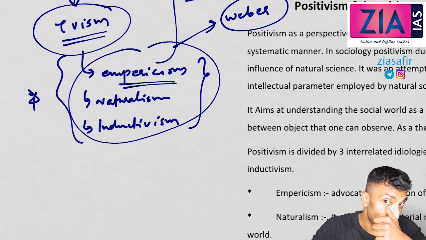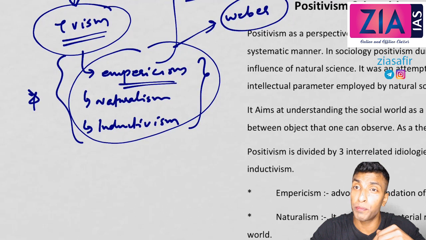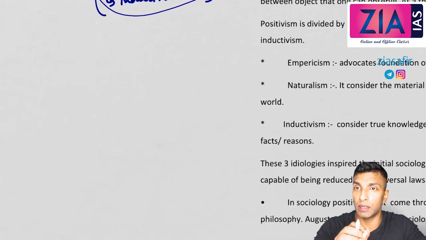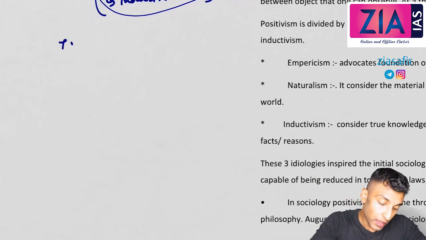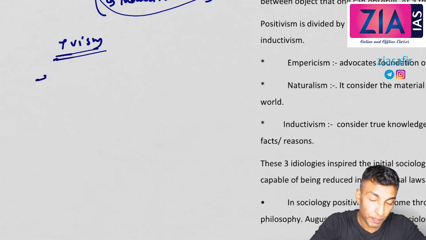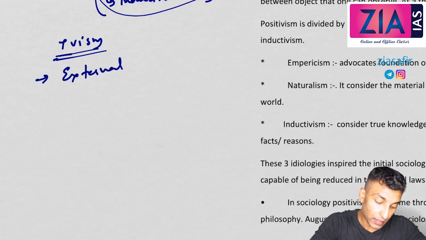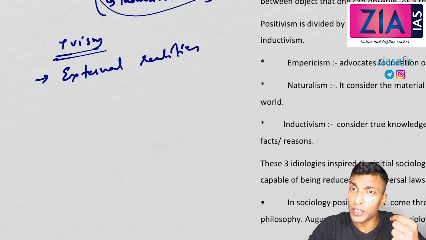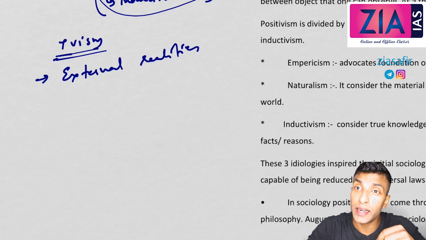Okay, in sociology, the positivists are not following purely empiricist or purely inductivist approaches, because you are dealing with human beings. Okay, so there is a small deviation in sociology, but even then, if you see the main elements of positivism, in sociology you are giving importance to external realities. So this is the most important point: external realities. Stress on studying external realities, those realities which could be seen, those realities which are observable, those realities which could be quantified, because you are using an inductive approach, you are using a quantitative approach.